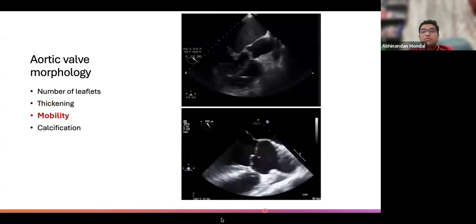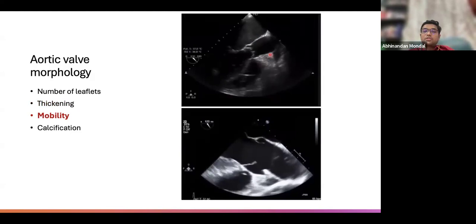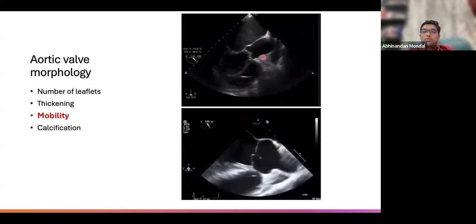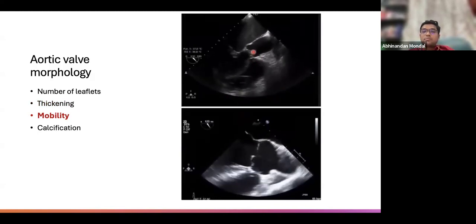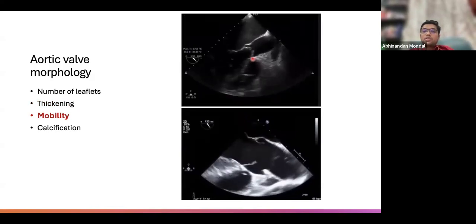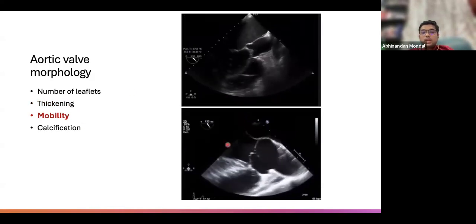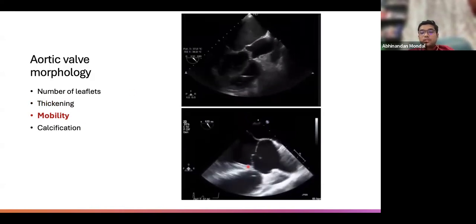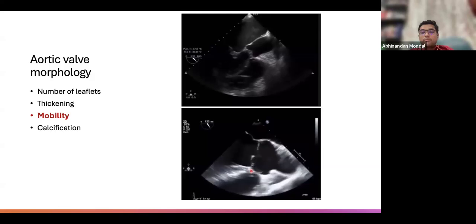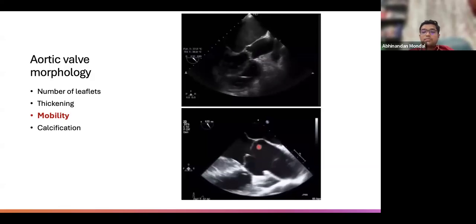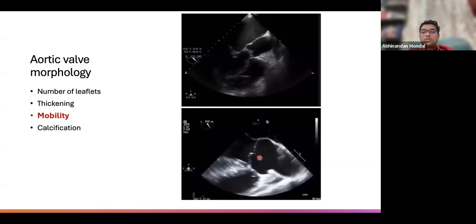Number three, we'll have to see what the mobility is. In this rheumatic pathology, you can see over here the valve is moving less than what is normal. That means it has become heavy, and you can also see there is doming of the body of the cusp. Whereas in this view, you can see there is a formation of prolapse. It is prolapsing into the LVOT. So the RCC is actually prolapsing into the LVOT,